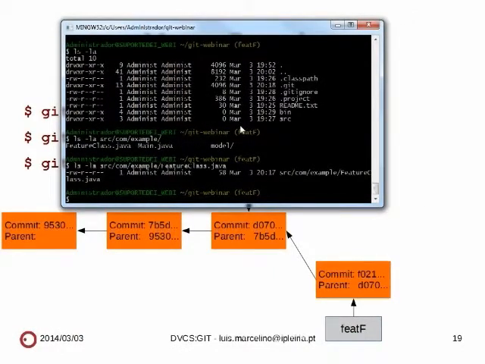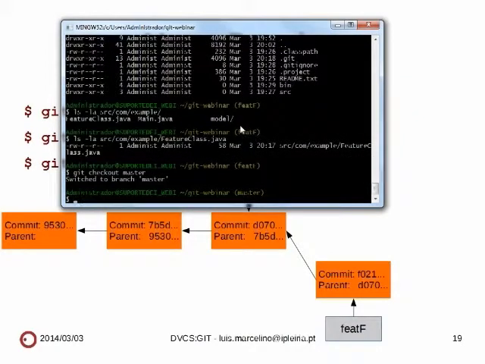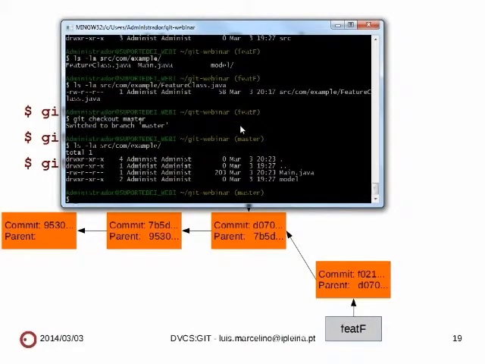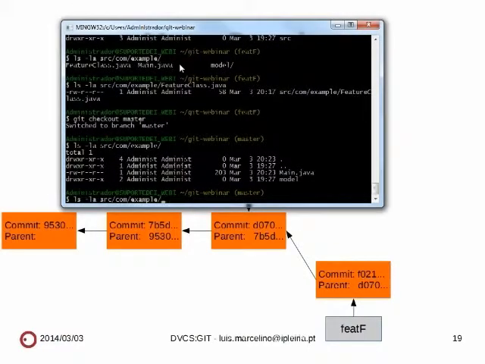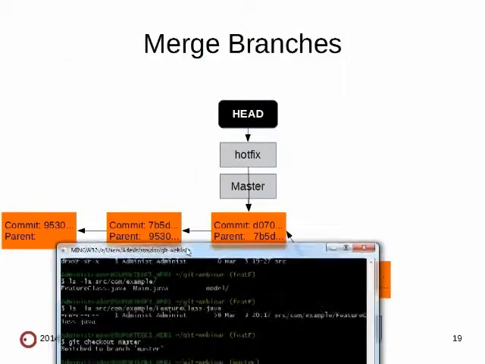So if I do git checkout, and I do master, in the example, I have my main class, not the feature class. Okay, my working directory is now pointing to the master, and for this master, I don't have that class that I just created when I did the feature f. So now I can do hotfix,